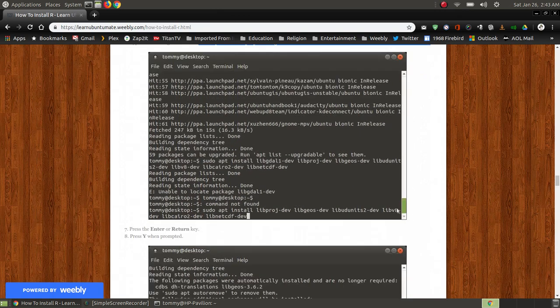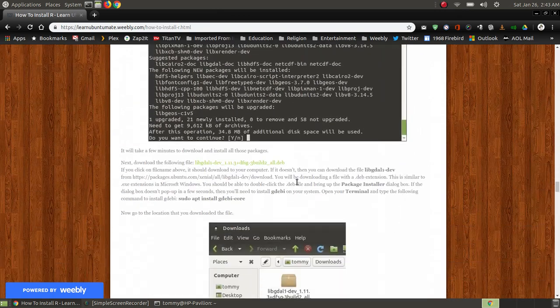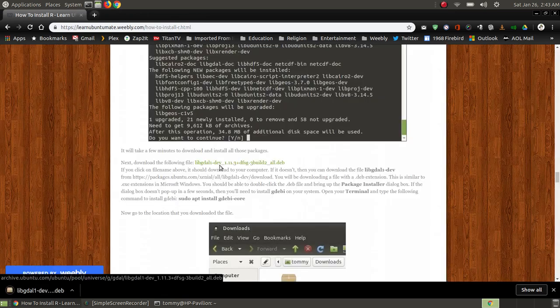While that's installing, I'm going to go ahead and download this file. And I have it where you can click on it, or I have a link right here that you can copy and paste in your browser. But I'm going to go ahead and click this link and let it download. As you can see, it's downloading here. And if for some reason you're using Ubuntu and you click on the file and it doesn't bring up your